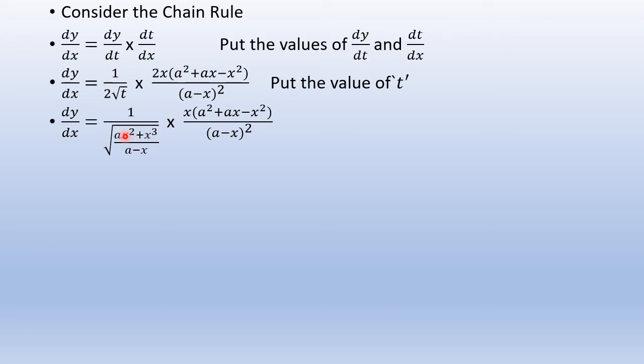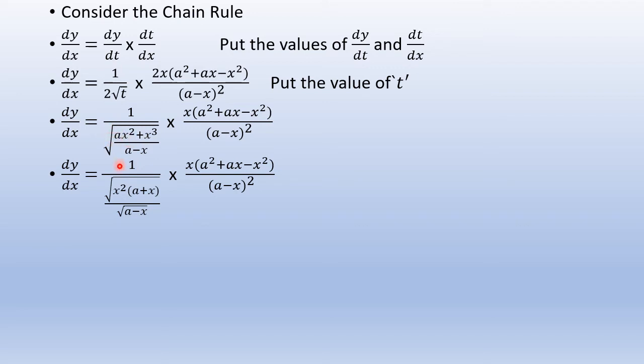Now you can see we can take this x square common. Here it is. Also we can split this radical sign upon the numerator and the denominator. So you can see I have split the radical sign. I have separated the radical sign upon these two. Now what will happen? This x square can be written outside as x, and also this square root of (a minus x) square can come here and it becomes power 2 minus 1 by 2. So I get 1 by x into square root of (a plus x), into x (a square plus ax minus x square) divided by (a minus x) to the power 2 minus 1 by 2. This has come here.